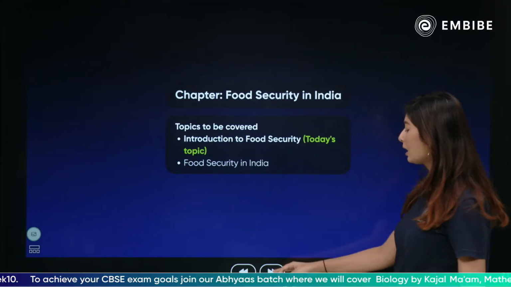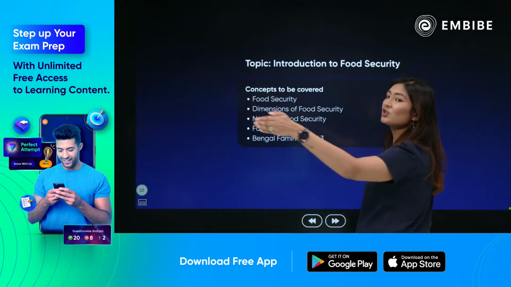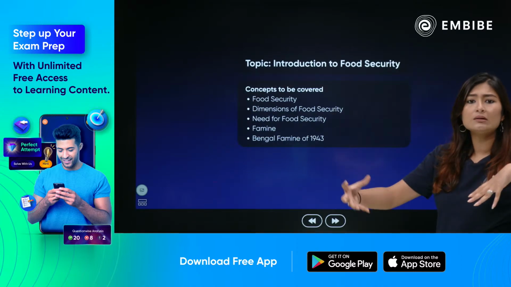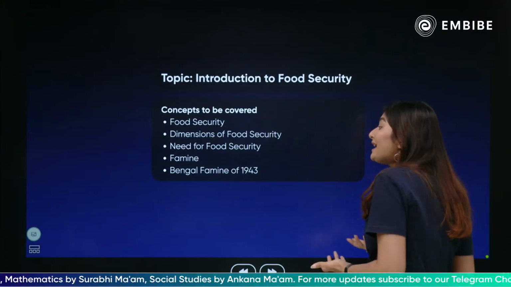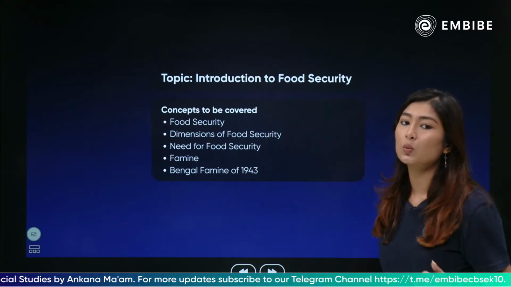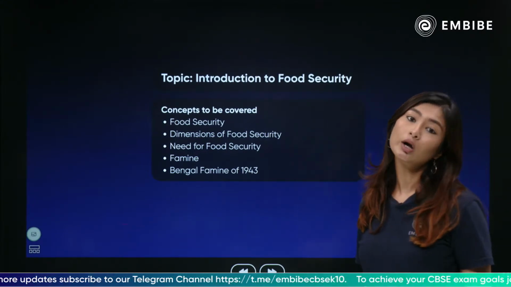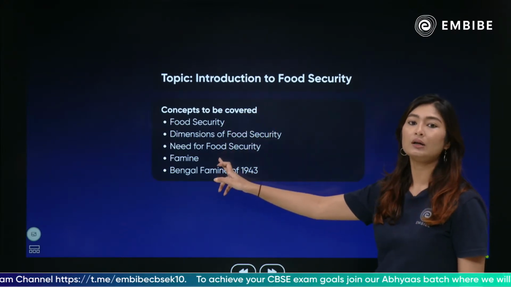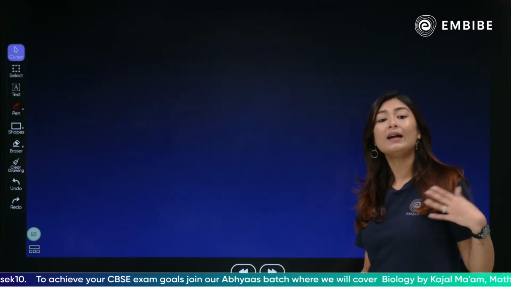आज का टॉपिक हालांकि इंट्रोडक्शन है. कॉन्सेप्ट्स की अगर बात करें तो हम फूड सिक्योरिटी का मतलब समझेंगे, उसके अलग अलग डायमेंशंस, अलग अलग फीचर्स, कैसे पैरामीटर्स क्या इंश्योर करता है, ये सारी चीज़ों को समझेंगे. ठीक है. Then we'll talk about why do we need food security, what is the famine, and we'll understand Bengal famine of 1943, which was a great learning lesson, because of which events like these we actually focus a lot on food security. तो हम ये भी समझेंगे कि when we talk about why do we need the food security, you need to have examples to understand that okay, it was not there at one point, now it is there, why is it required, right?